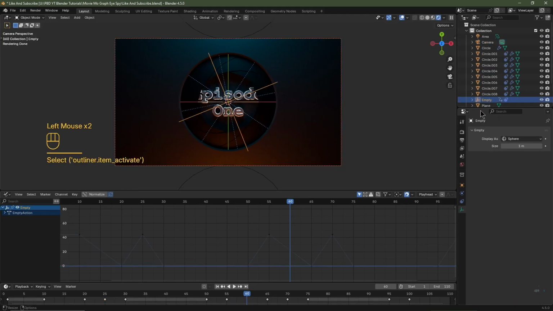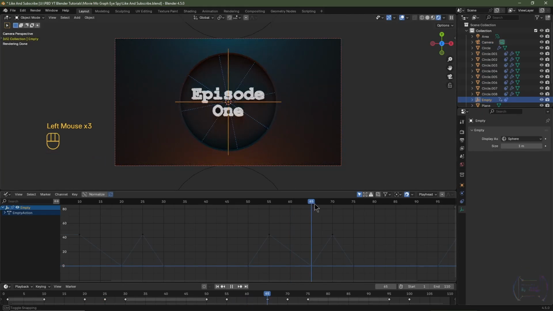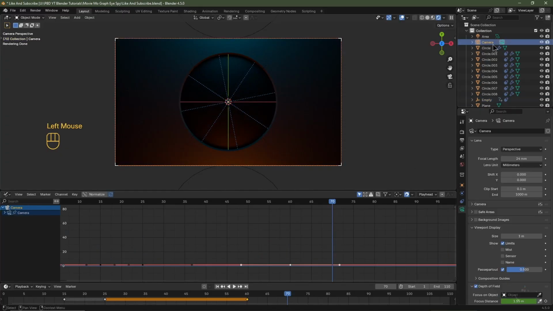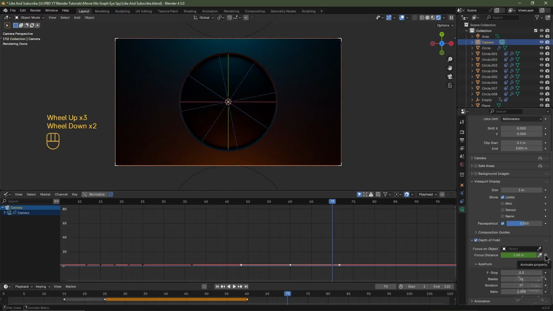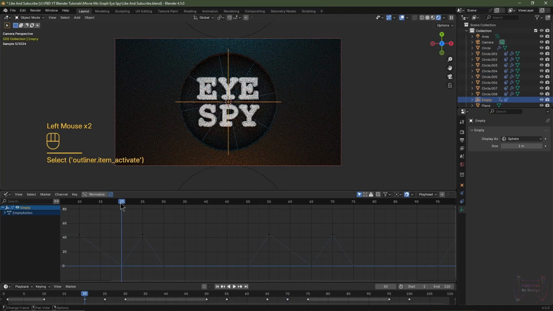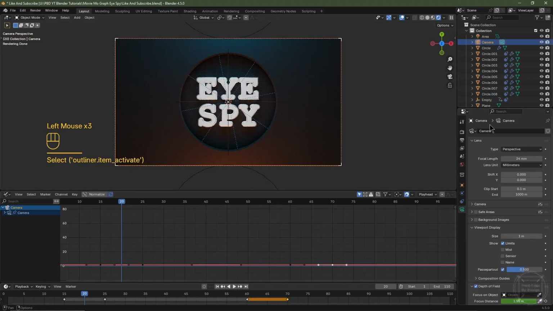I'll then select my empty. It's going to be out of focus here, and then it will refocus here. So on frame 70, I'll select my camera. I'll add another keyframe for the focal distance set to 1.55 meters. I'll then reselect my empty object, and then on frame 20, I'll select my camera, and I'm going to adjust